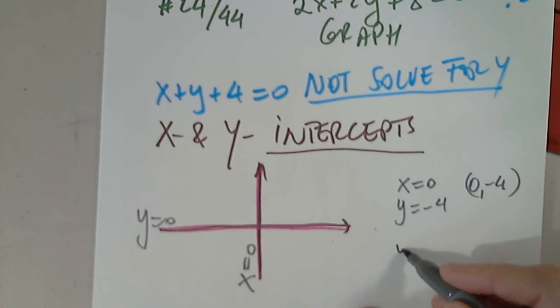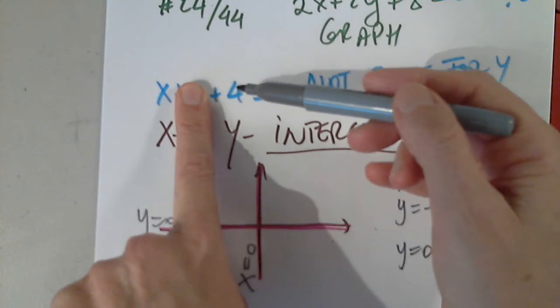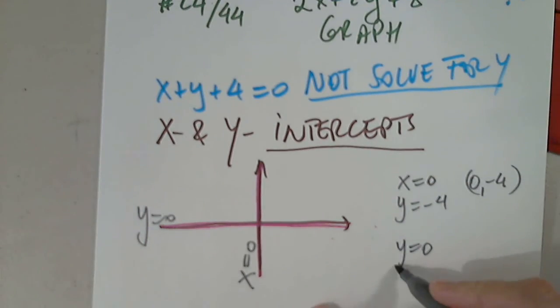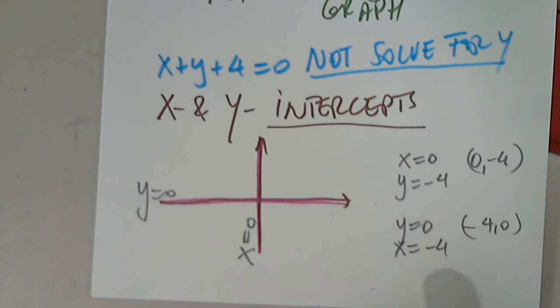For the other one, I set y equal to 0. I cover it. x plus 4 equals 0. I move 4, and yes, I get -4. So (-4, 0). Last time, and I want to caution you, I have seen, and I will erase it,